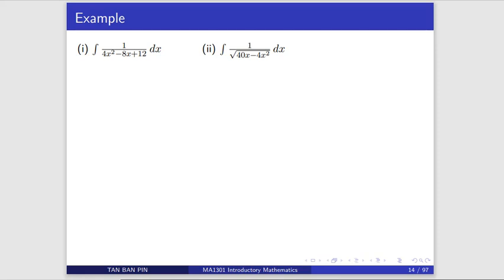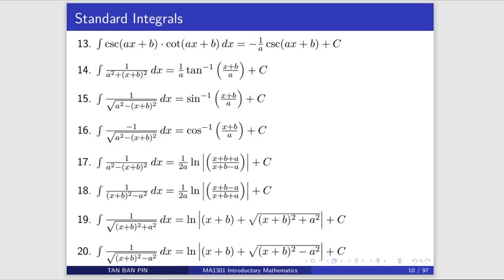In this question, first part, you are asked to integrate 1 over 4x squared minus 8x plus 12. The second part, you are asked to integrate 1 over square root of 40x minus 4x squared. And when you have a fraction involving a quadratic expression, if you're using formula 14,